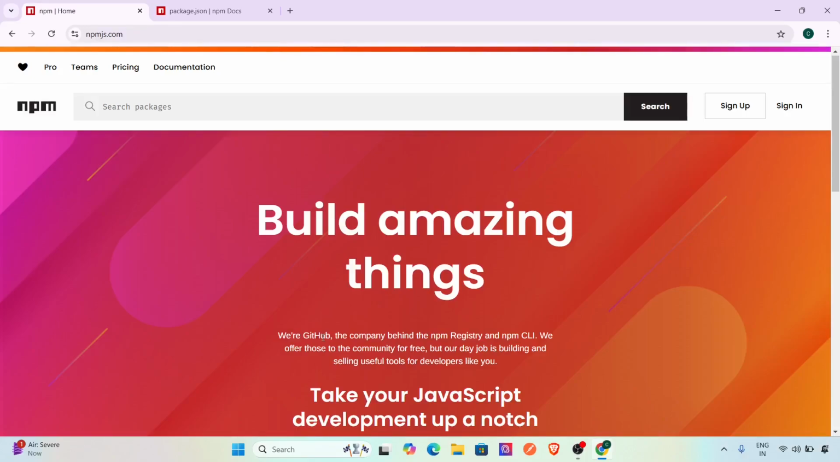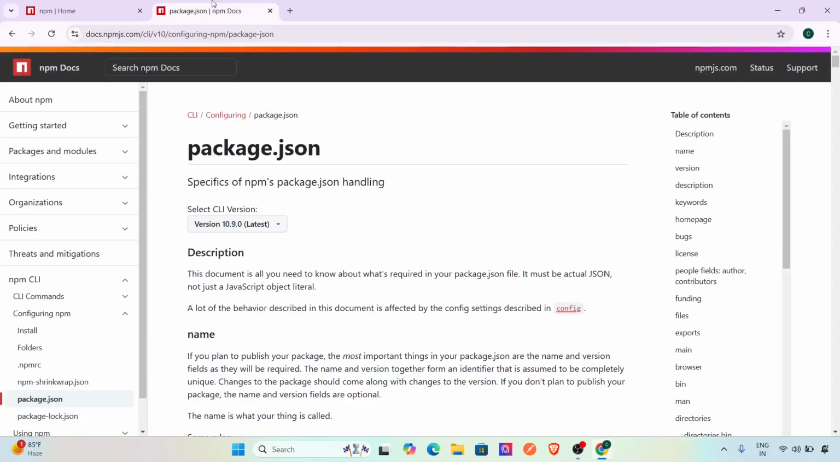In this video, we will explore npm and package.json, two essentials for working with Node.js. So first we are going to talk about what package.json is. For that, we have to open our terminal,